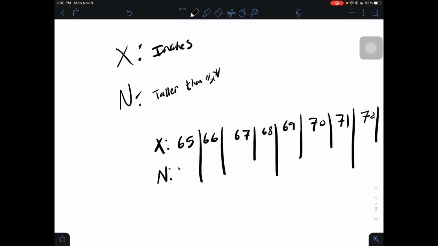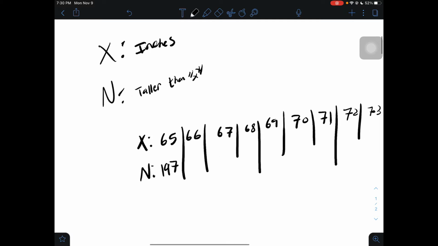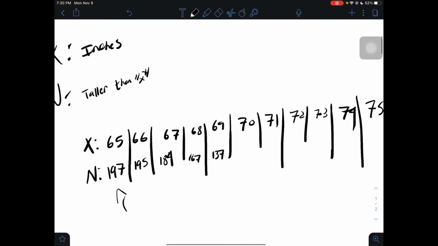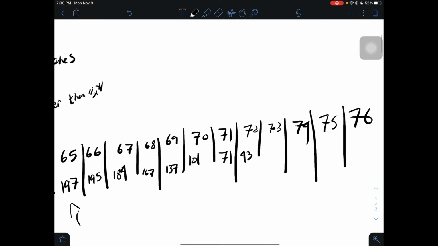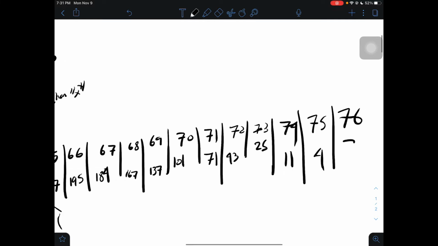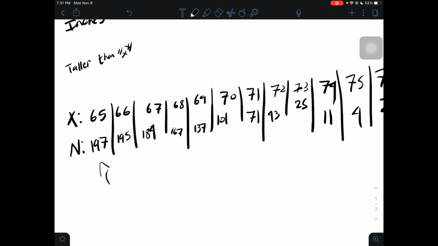Our n terms are going to be 197, meaning that there are 197 buildings which are over 65 inches. In this first column, 66 is going to be with 195, 67 with 184, 68 with 167, 69 with 137, 70 inches with 101, 71 with 71, 72 with 43, 73 with 25, 74 with 11, 75 with 4, and finally 76 with 2. Given our x and our n, we are told to